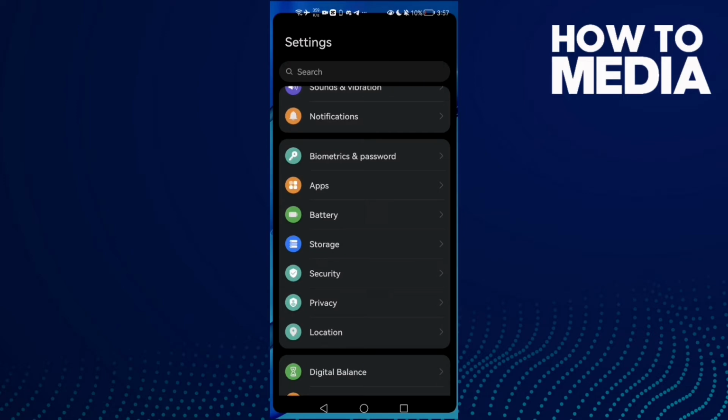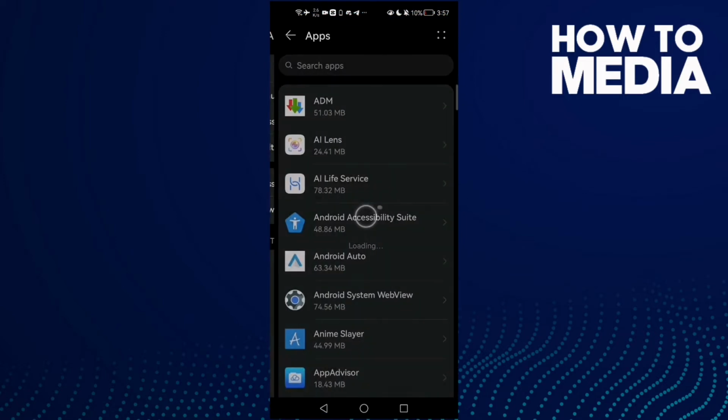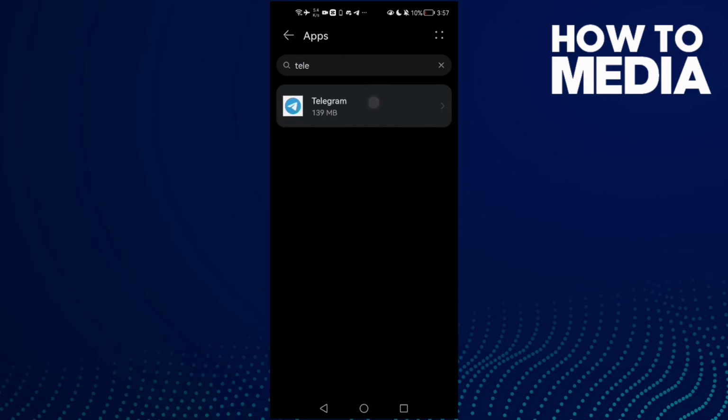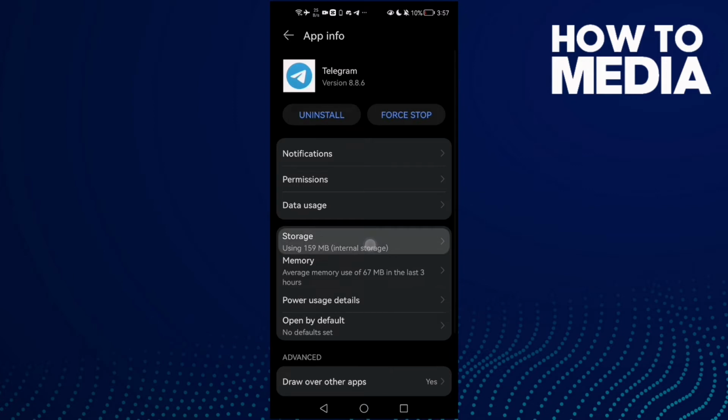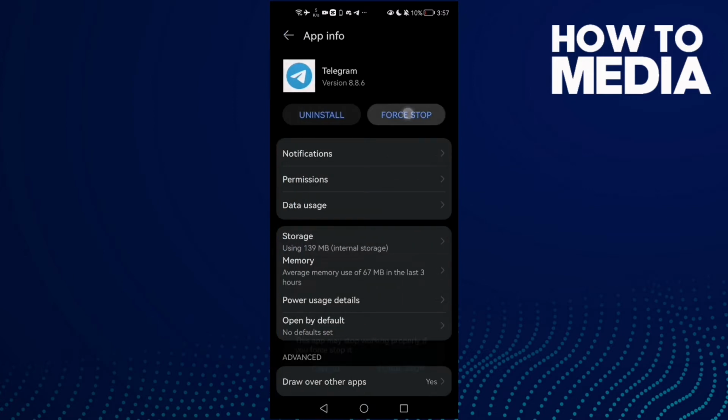First open settings and then scroll down until you find apps, and now click apps again, and here just click Telegram and then click force stop. Now click clear cache and then click force stop,